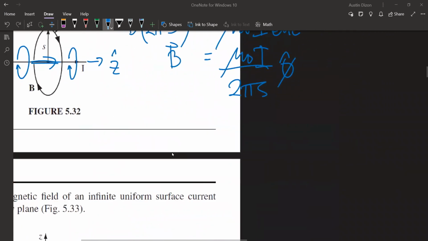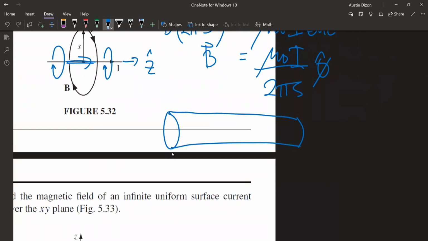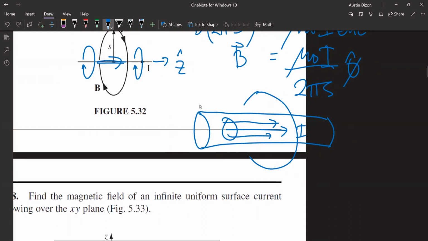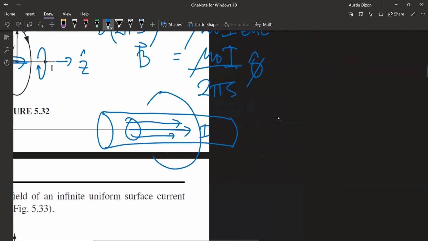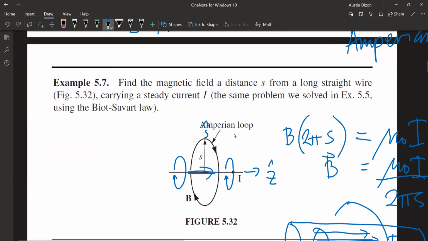Ang problema ngayon, paano kung may mga problem na ganito? Kunwari, makapal yung wire mo. So, maraming pumapasok na wire. Maraming current. Okay? So, iba yung paano pag nag-Amperian loop ka sa labas, nag-Amperian loop ka sa loob, ano makukuha mo. So, nagpapaproblem set ako syempre pag ganun. Okay? Kung makikita niyo, analogy nito would be